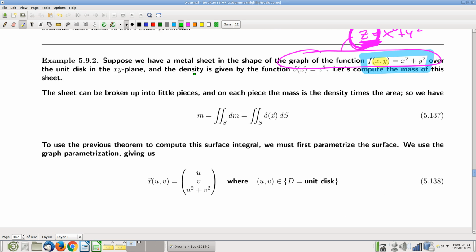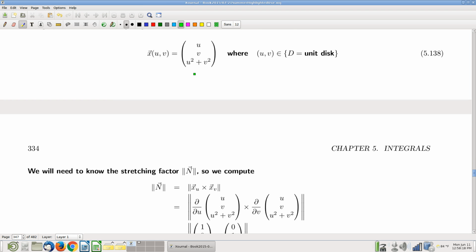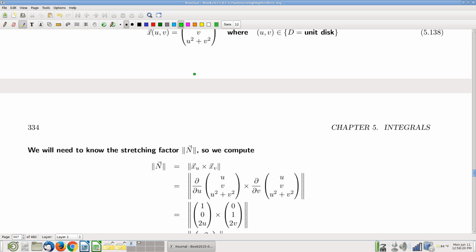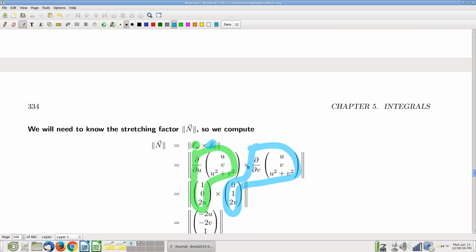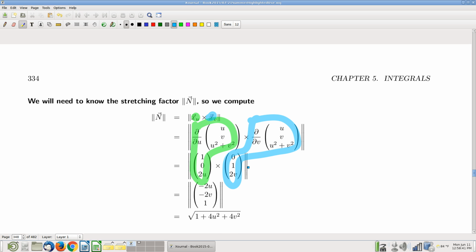Okay, so here we go for our parameterization. There are the partials. It's just partial derivatives with respect to the parameters. It's straight up calculation, real easy calculation. Plug and chug. The cross product, that cross product